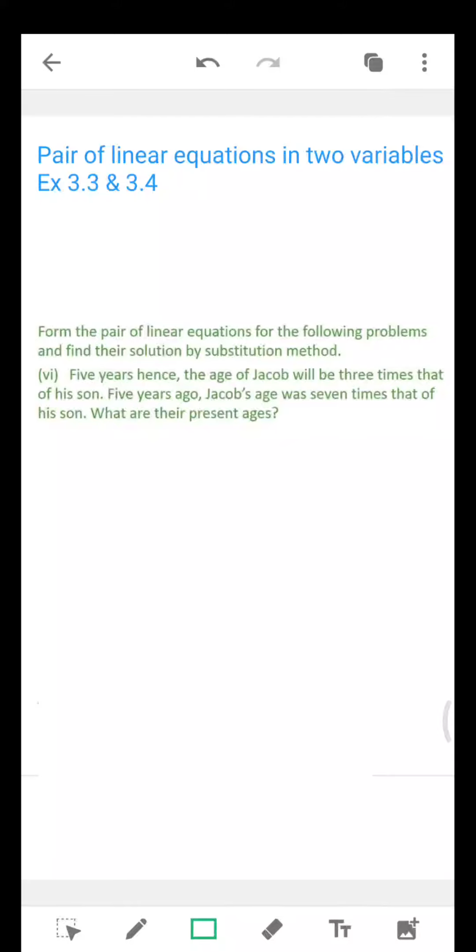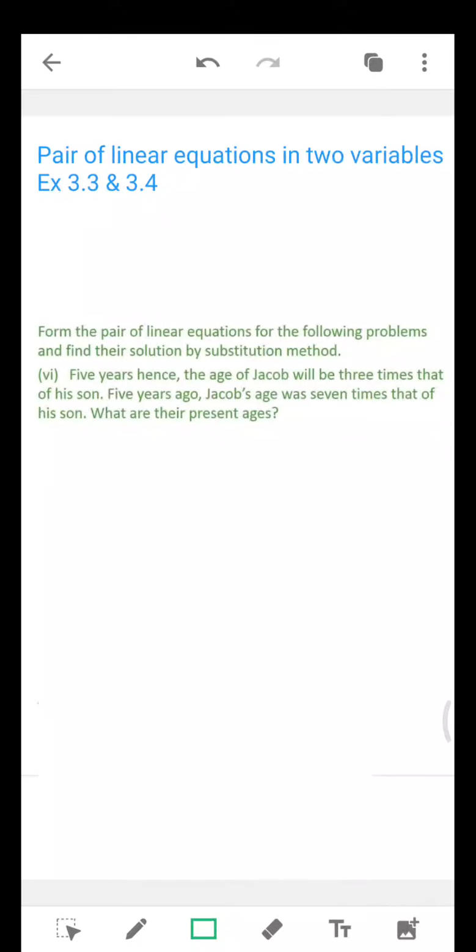Welcome back everyone. Today we are going to see a word problem from exercise 3.3 and we are also going to see exercise 3.4. So in this sixth bit,